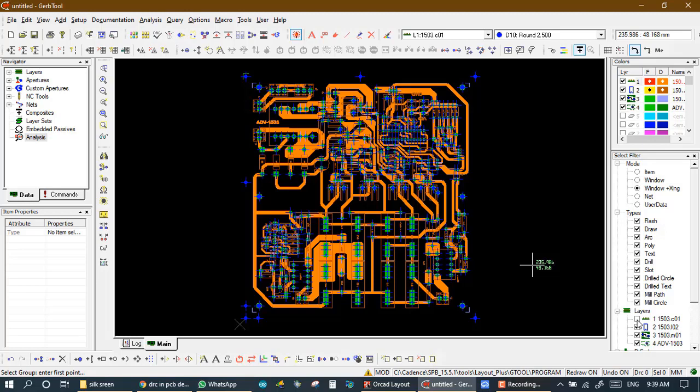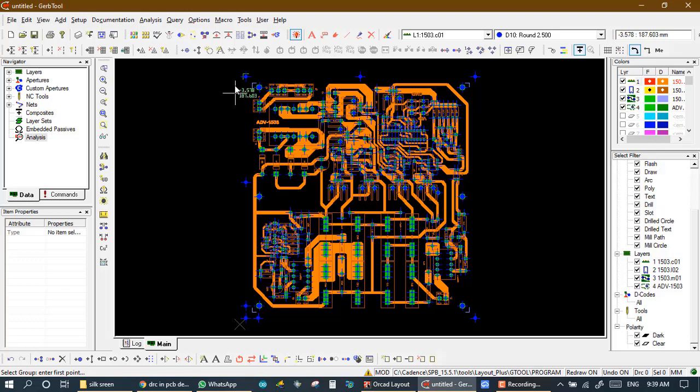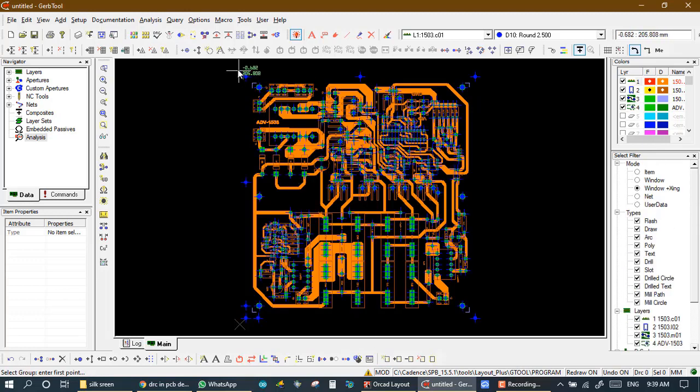So now we activate the copper layer also. Now all layers and all decodes are active. Now we make a group outside of this border, which is not a requirement of the customer.